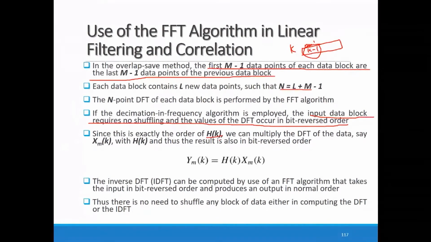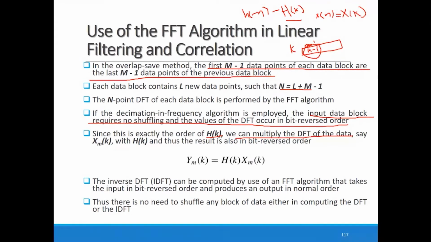So we can multiply the DFT of the data. First we calculate the DFT of the filter, that is h of n, and we call this H of k. Whatever method we are applying, that is bit reverse order, the filter response H of k we get is again in bit reverse order. Then we apply the DFT in the same DIF format for x of n, which produces X of k as the output.